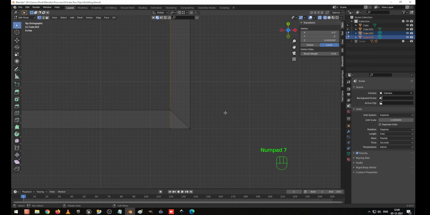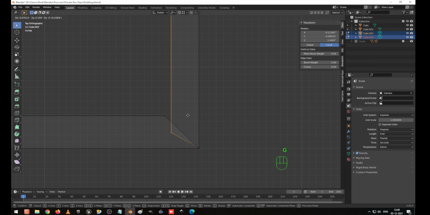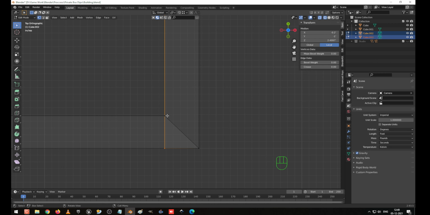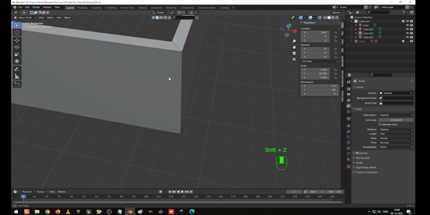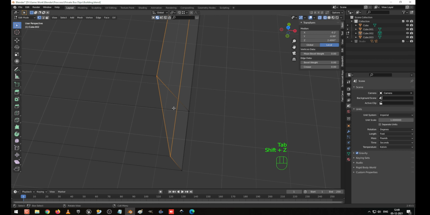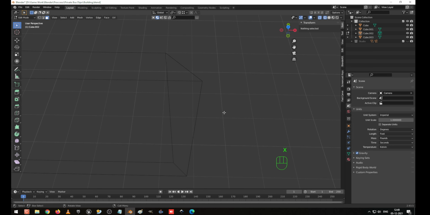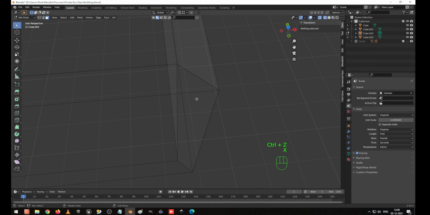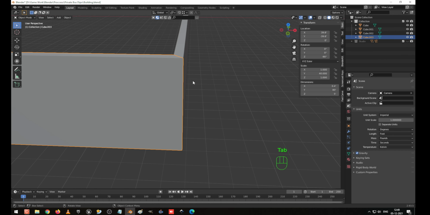Go to the top view again. G to move, okay, G Y to move in this direction. Now the shape has been created, and you can see it looks good. The section in between is not required for us, so I select it and press X to delete the face. Go to normal mode, and I select this face also, X to delete the face. Now everything has been created correctly. Okay, I go to the normal mode.